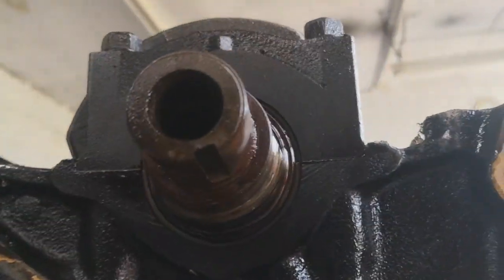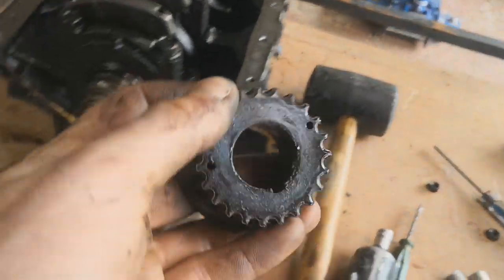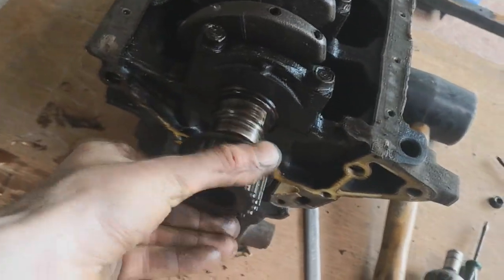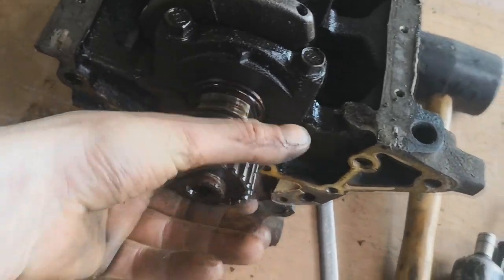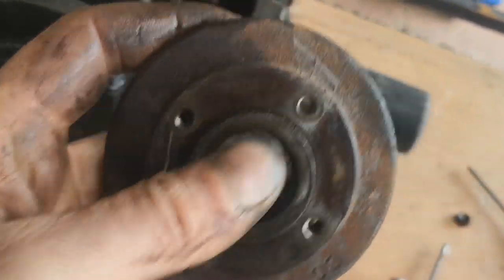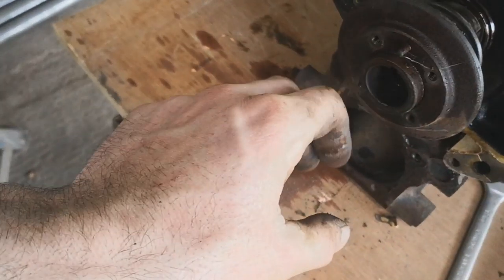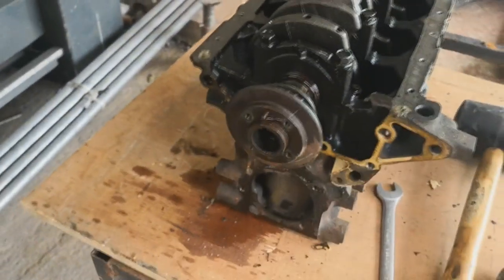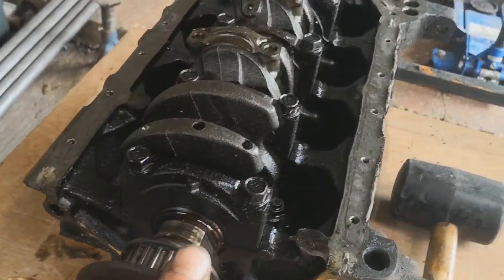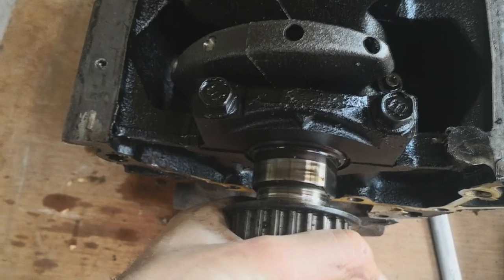Basically what happens is the pulley for the belt goes on here, and as you can see there's only a tiny bit on the outside for this piece to go on. So on a long nose crank it will come all the way through and it'll have a lot more support. Usually what happens is people don't torque it down properly and you get a bit of a wobble, or it's not on square, and then this will chatter back and forth,